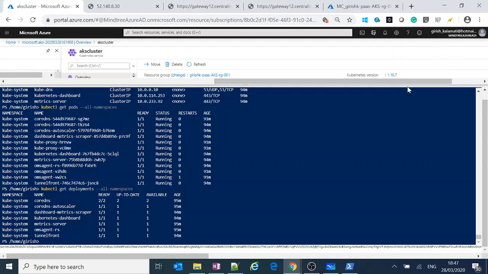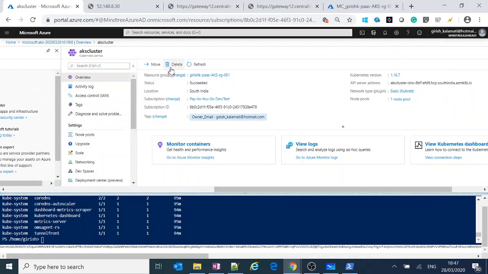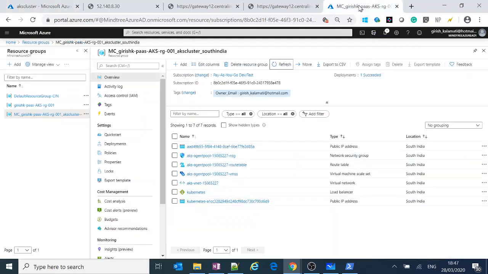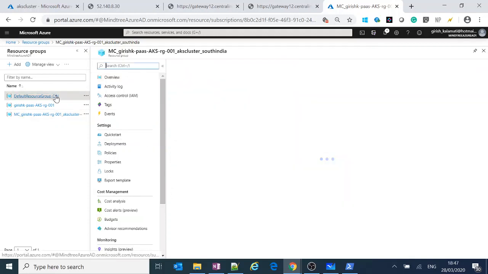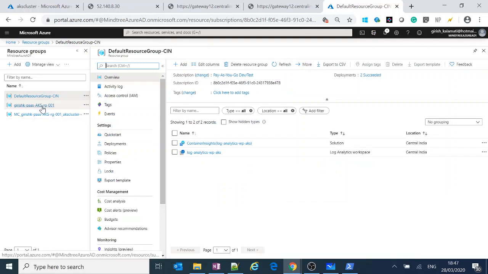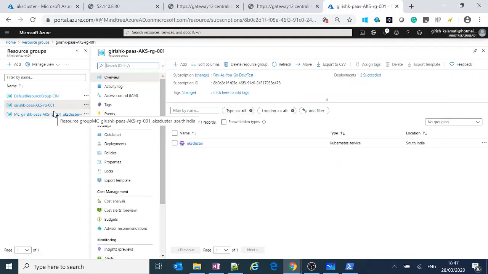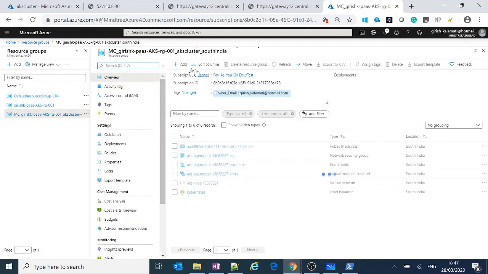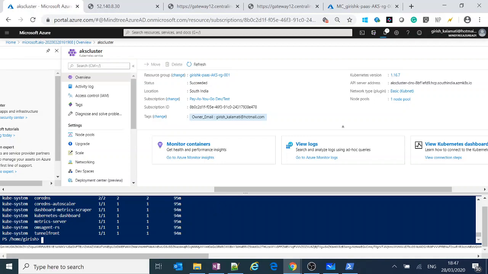The cluster deletion is easy. You just delete your cluster here, and it would take care of deleting all the secondary resource groups which you have created. But there is a caveat: the log analytics workspace will not be deleted. The resource group will be there, but it would be empty. But the MC_ resource group would be deleted with this deletion process. Okay, let's go and